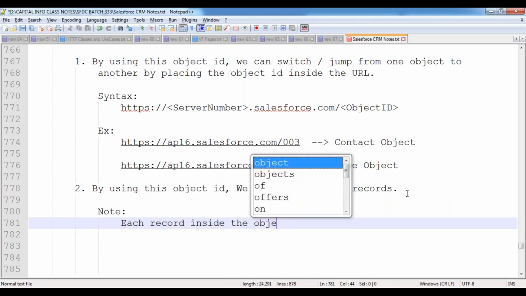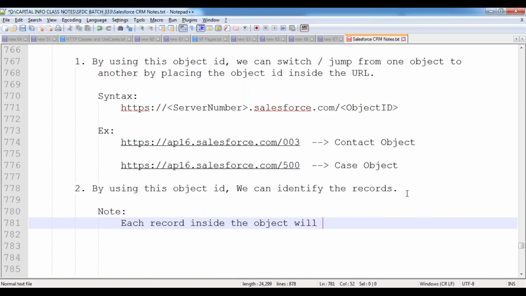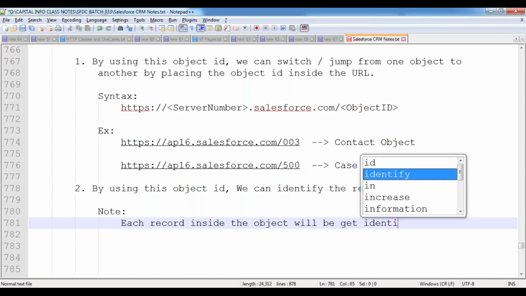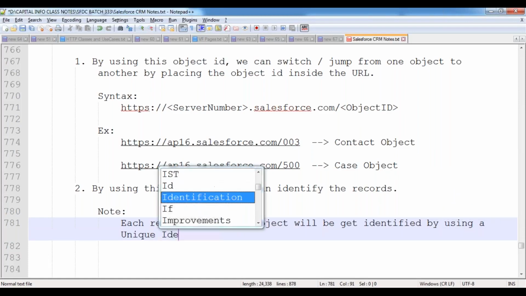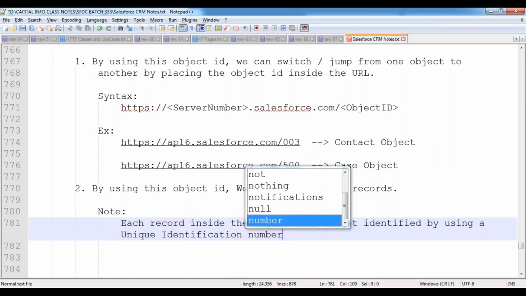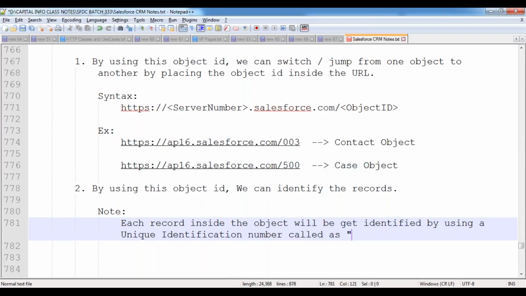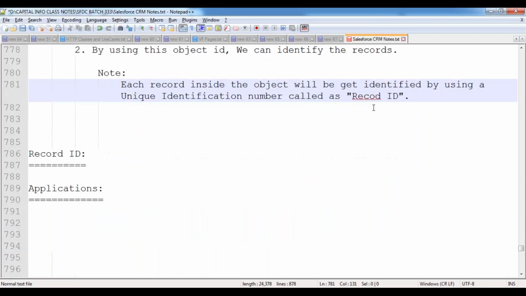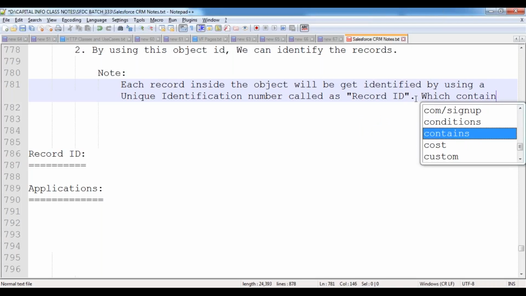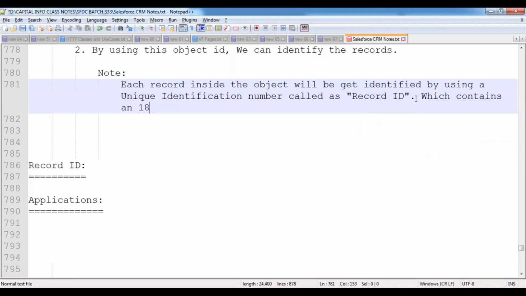Each record inside the object is identified by a unique identification number called the record ID, which contains an 18 characters alphanumerical number.